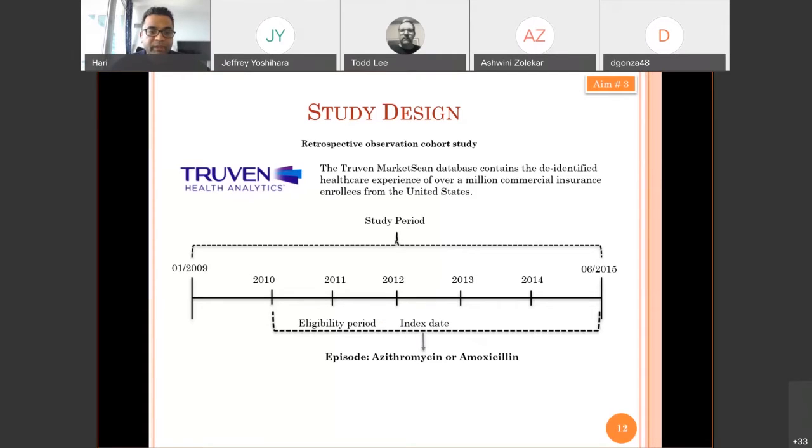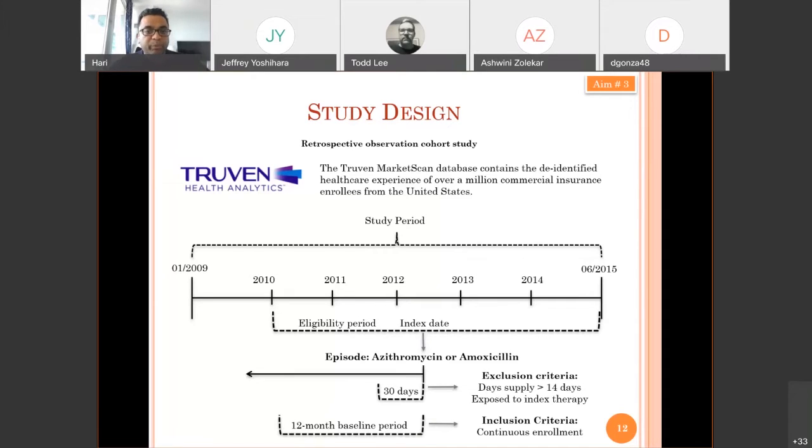One thing I want to point out here is that the risk of cardiac events with azithromycin is acute, it's transient. So let's say you were exposed to a medication today, and if you survive the event, and let's say you are re-exposed to the medication 3 months later, then you're still at the same risk of experiencing that event. Your risk doesn't change, and this is why instead of using a fully new user design, what we've done is we've taken episodes, seeing patients who were treated with either one of these therapies after a pre-specified period. We're including both of their exposures as an episode.